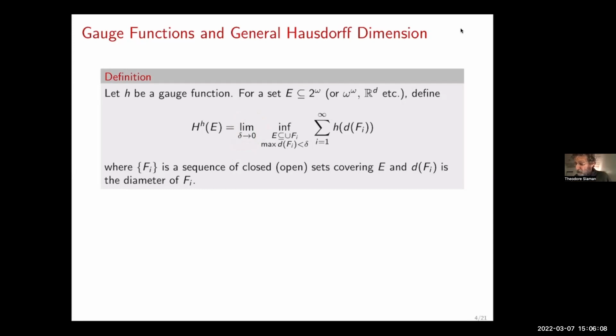And then this part is the usual definition of an outer measure. It's the infimum over the set of open or closed covers of h, giving you the size, and the size of a basic open set is given by